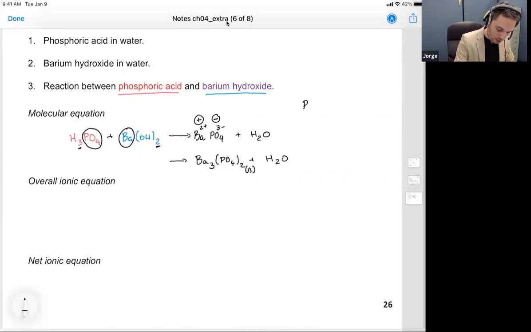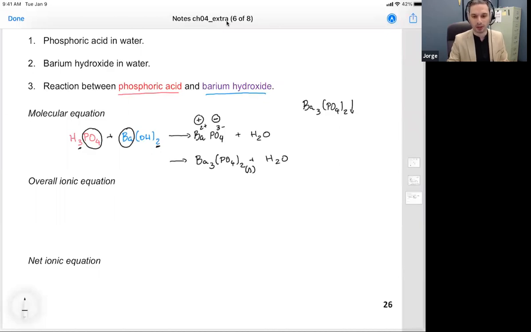Other ways to indicate that you formed a solid is to use an arrow pointing down, and that's more than clear that this compound is not soluble in water. Okay, so that means when you mix a solution of phosphoric acid and barium hydroxide, you will end up with